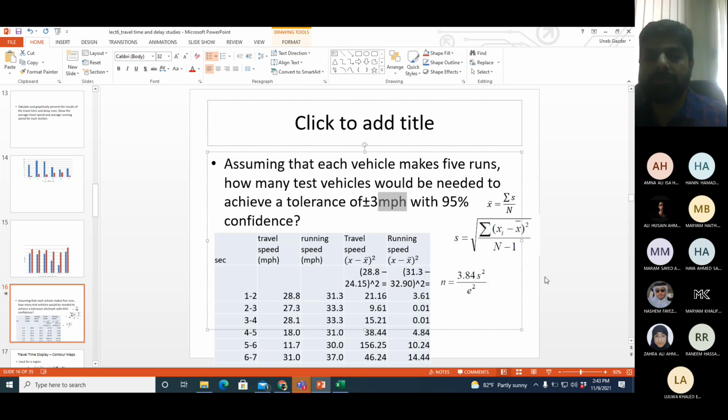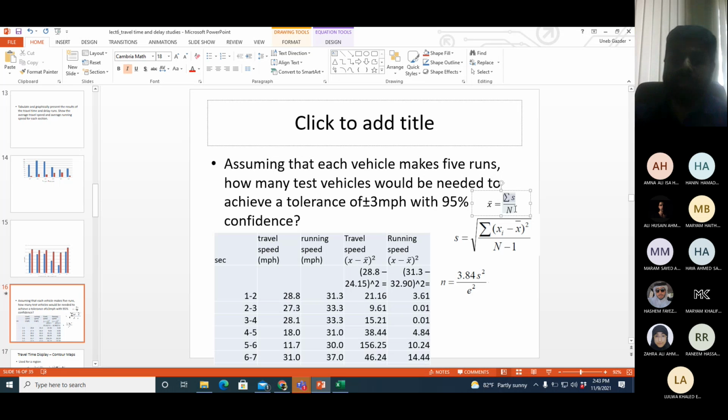6 individual values. So for calculating the standard deviation, we will be using the normal equations, the equations which you may already know. For example, if I have to calculate the mean for these 6 values, the mean is equal to the summation of values upon the number of values. I have 6 values, so n will be 6. So you do the summation of all values divided by the number of values. Simple. No multiplication of number of observations with the mid value or something like this, because the data is not frequency distribution data. There's no frequency or number of observations for each range of travel time.